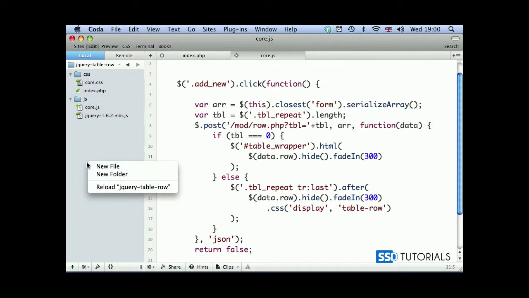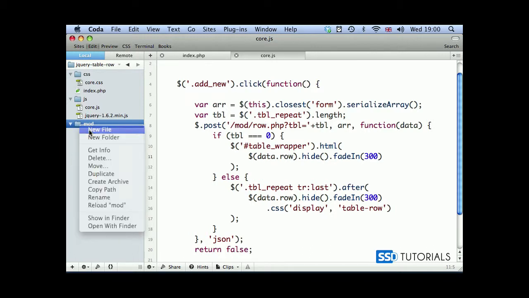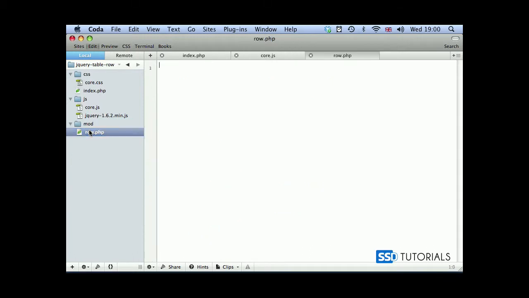Okay, so now we're going to create our new folder called mod, and inside of this folder we're going to create a file called raw.php. Now that we are in the raw.php, we start with the opening PHP tag. First thing we're going to do, we create the tbl variable and we check if it isn't empty,